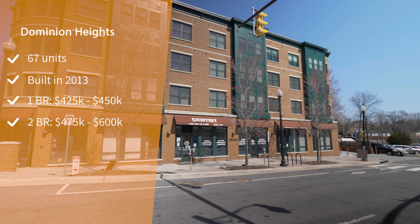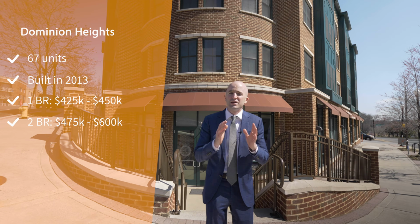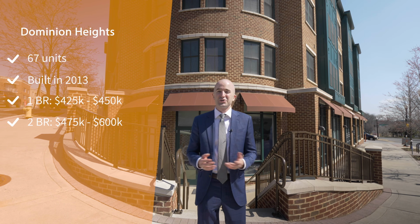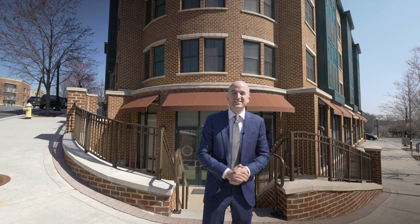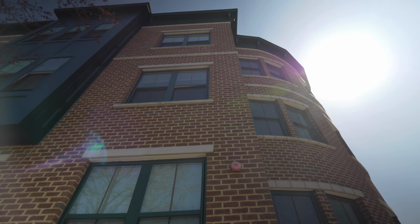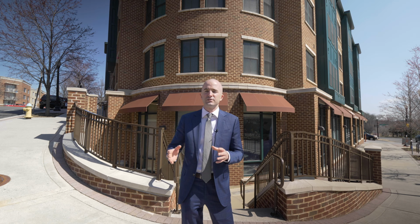You could get it in the high 400s, but you'll most likely see it in the mid 500s to the upper 500s. Now, there's actually a penthouse unit, if you can call it a penthouse, on the 4th story that's in the low 700s. Now, personally, I think that might be a little bit overpriced, simply because if you do have the budget for a $725,000 2-bedroom,